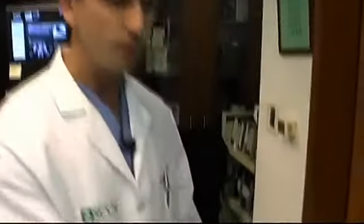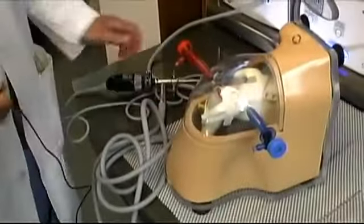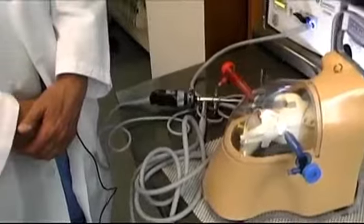The next aspect of the CLASSroom that I'd like to show you involves our actual models. It's not so much of a technological simulator, but a real model. We have models here for the shoulder, for the knee, and for the hip. I'm going to show you a little bit about how we use these models in order to practice and perfect our